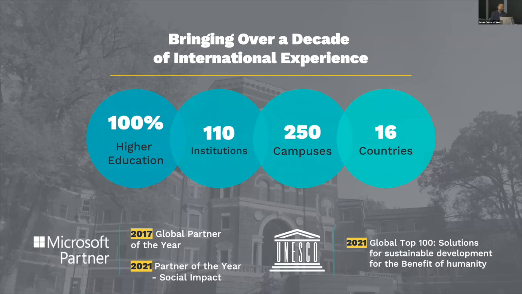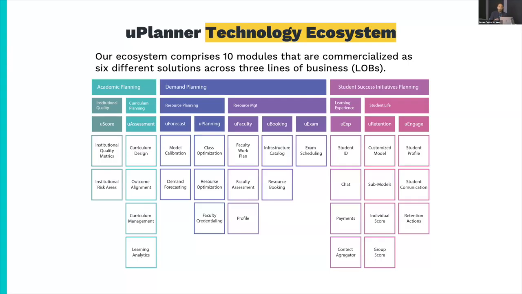We have been awarded by Microsoft the last several years. In 2017, we were awarded EdTech Partner of the Year. And in 2021, we won an award for partner with the greatest social impact for a project we did with the government of Peru. We have a broad technology ecosystem that comprises over 10 modules, from academic planning that involves